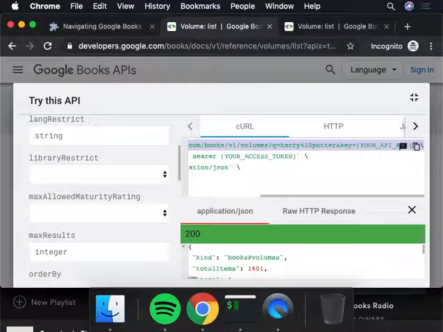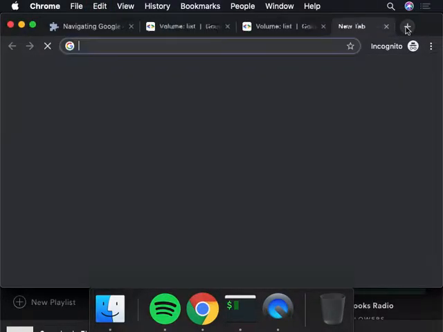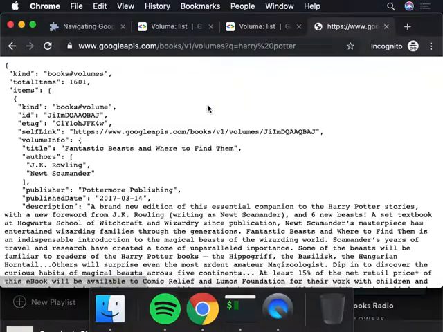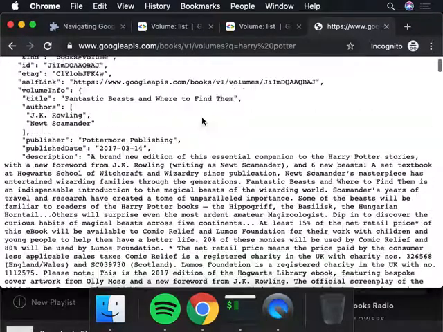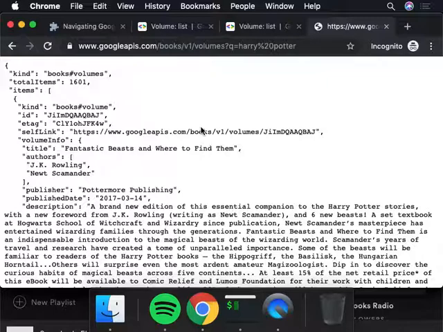What I'm going to do is copy this URL up top here, all right? And this is just to show you guys a little better. And you can see I get back all of this data here, right? All of this data about Harry Potter, okay? So this is us using an API. So here we're using an API, right?